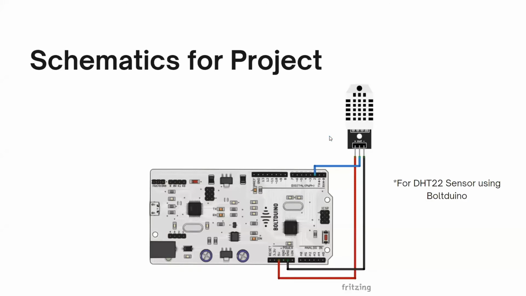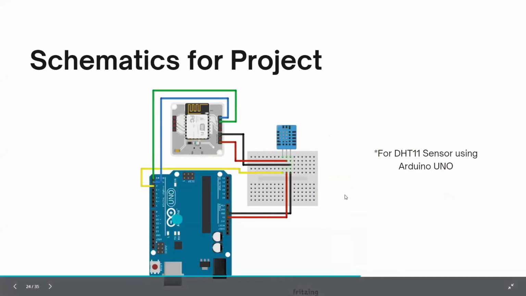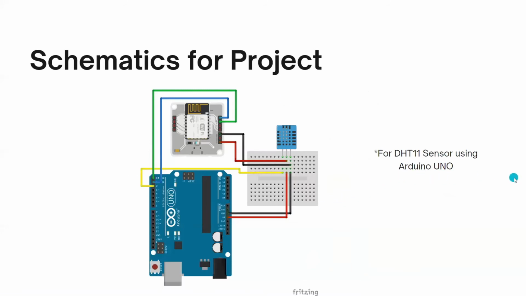So let me quickly do the connections to the Arduino so that we can proceed with our project. You can do it at your end too. If you have this hardware with you, you can do along with me. I have connected the sensor. If you have any Arduino board, you will have to make connections like this, so you can take reference of this. In my case, I have an Arduino, so I will be using it. If you have any other boards, you can go ahead with those. I have attached the schematic.